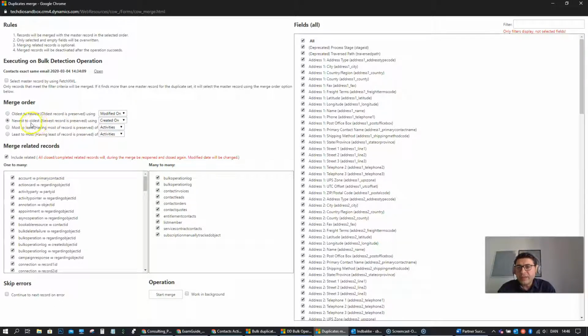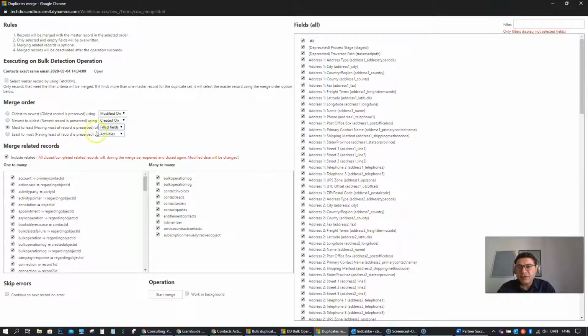And not only that, you also have the option to define the master record as the record that contains the most activities, or the record that contains the most populated fields. In this way you ensure that your master record is the richest record. And then there is the opposite scenario, which maybe is not as useful as the other 3 options, but nevertheless is still there. If it makes sense for your business, you have the option to select the record that contains less or